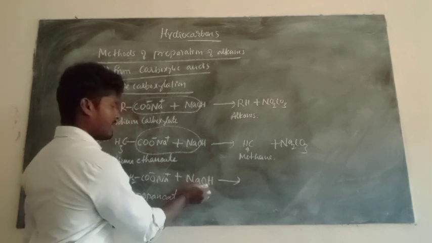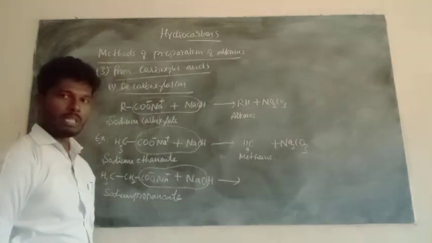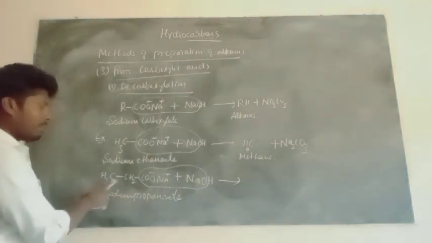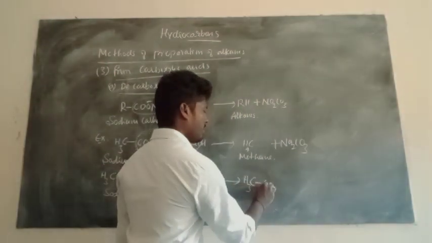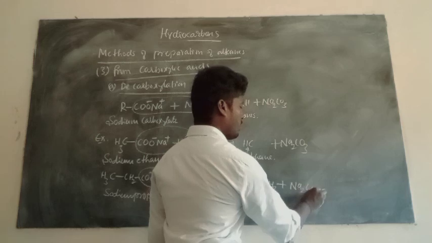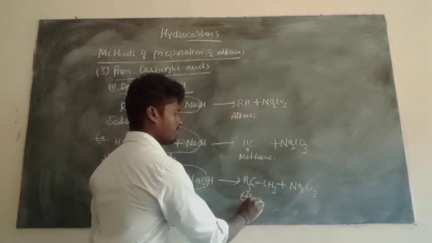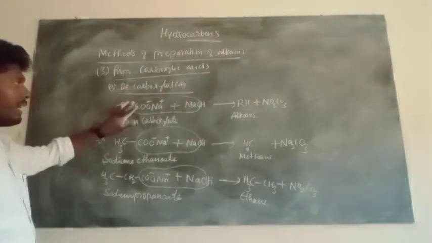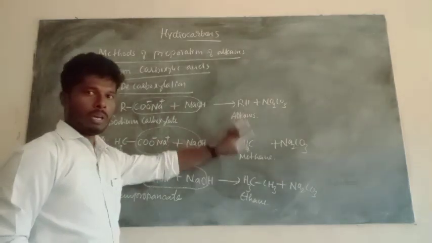Results what? This NaO and COO becomes Na2CO3, and H is added to the CH2. Then it becomes CH3 and CH3, that is CH3-CH3 plus Na2CO3, sodium carbonate. So now what is its name? Ethane. So observe in this case, if we are taking the carboxylic acid or sodium carboxylate, the compound has